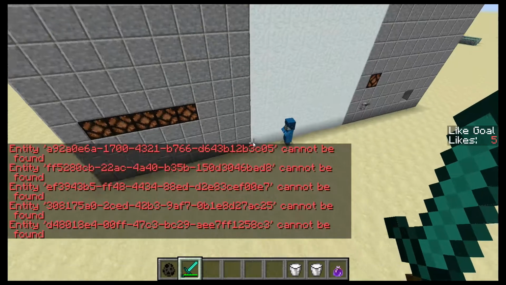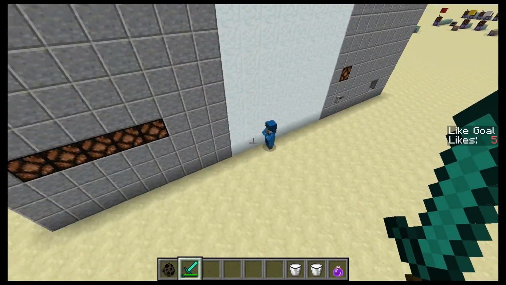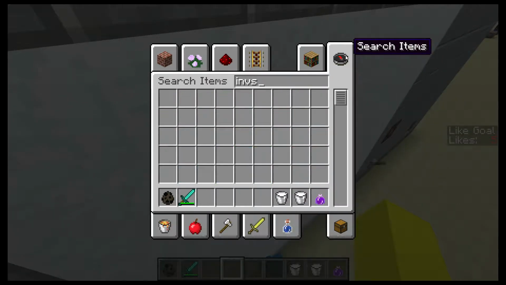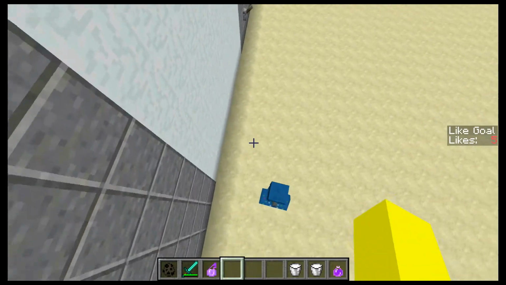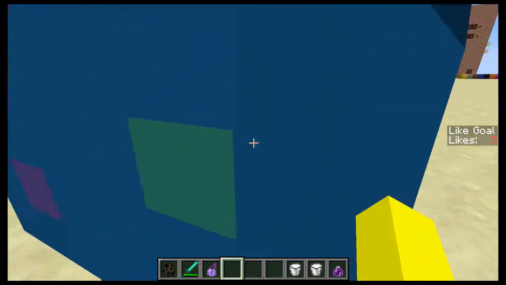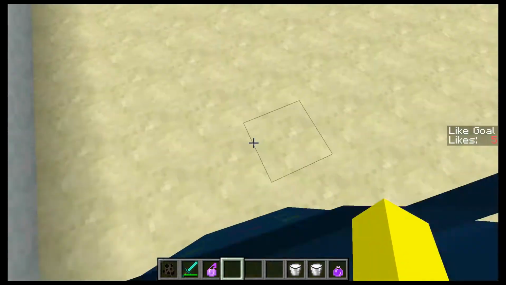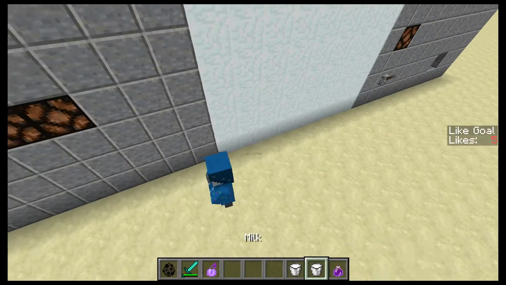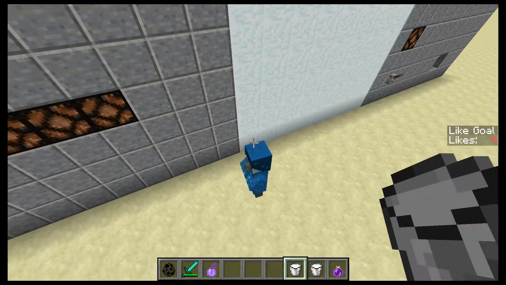There it is. Wait. Alright, so if I splash it with invisibility, well, oh my gosh, that is actually really interesting. First off, this is not a particle, it looks like. But one splash with the invisibility effect, that's when it gets the